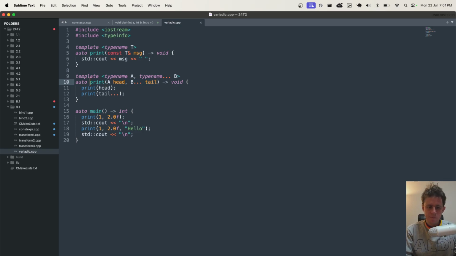But this is us writing a recursive templated variadic function where we say, okay, I've got type A, and then all the other types, which I'm going to call B. Then I call print, which expects a single type, takes in a const lvalue reference, and says, yep, I'll call that for type head.